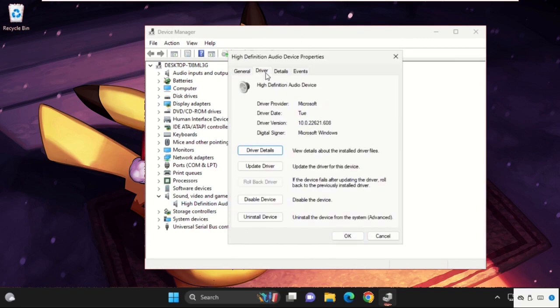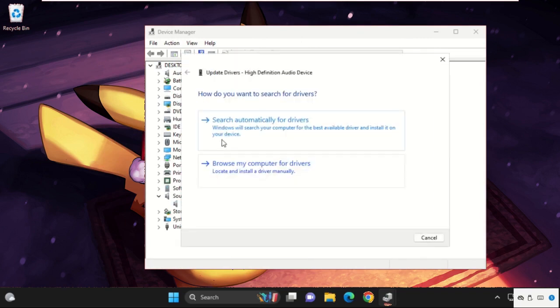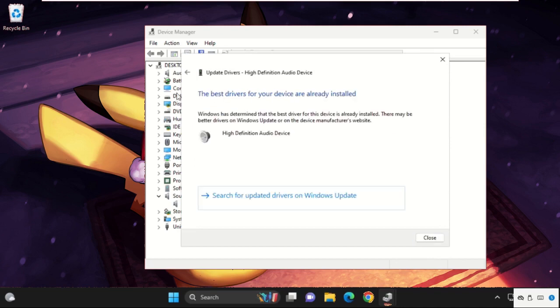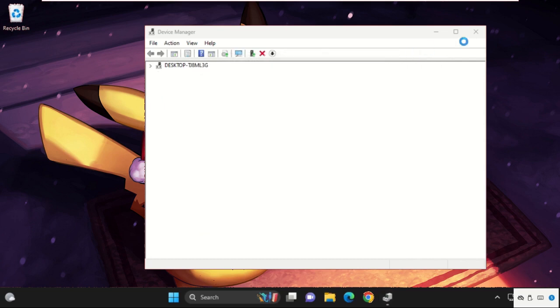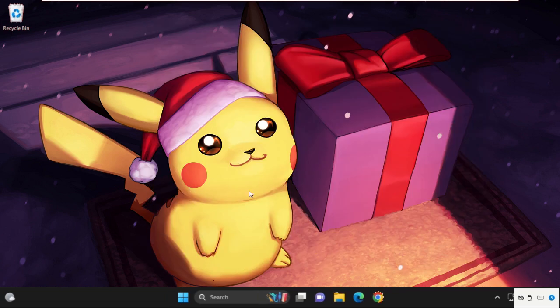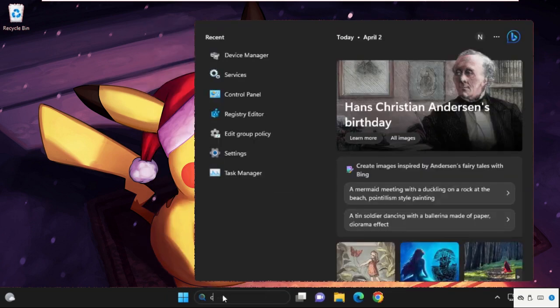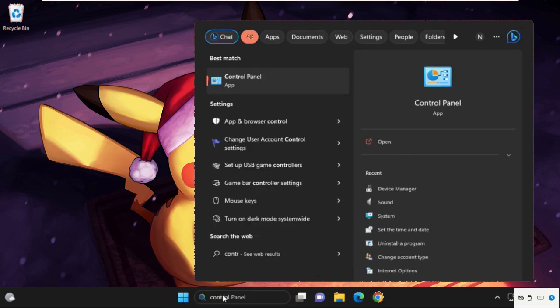Then go to drivers tab and select update drivers. Then click here. The best drivers will be installed, and then close all windows one by one and move to the next step. Again go to search bar and type control panel,